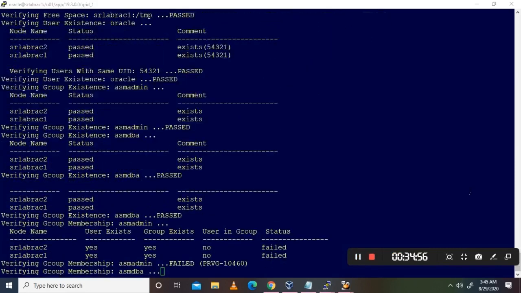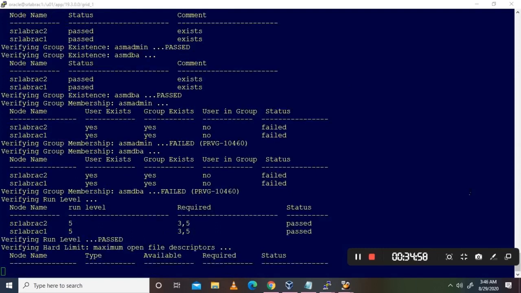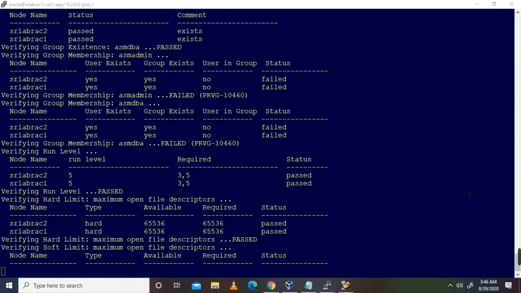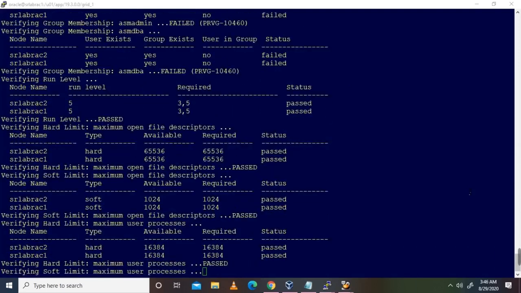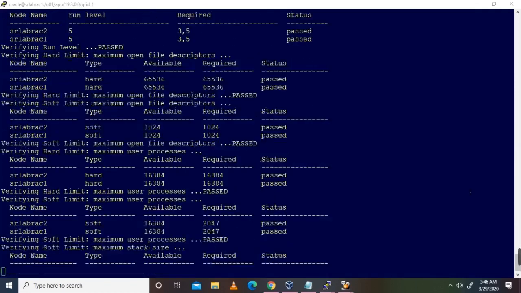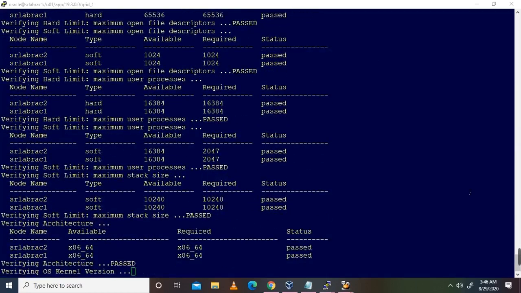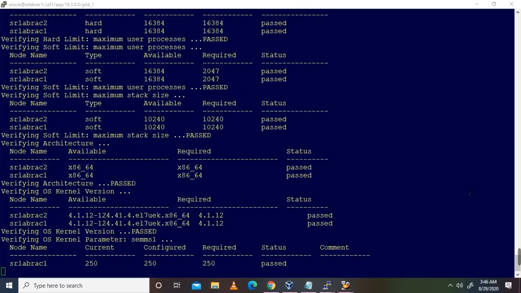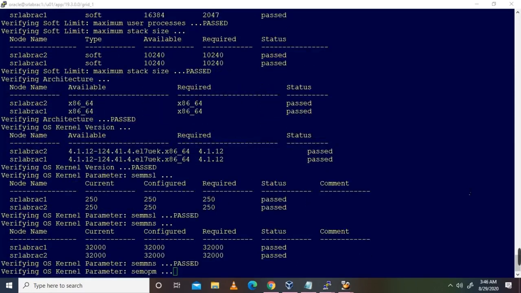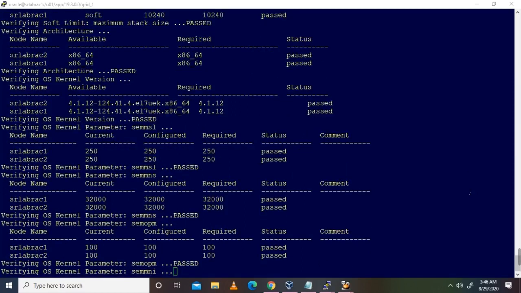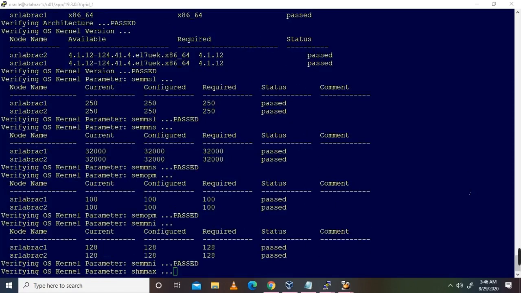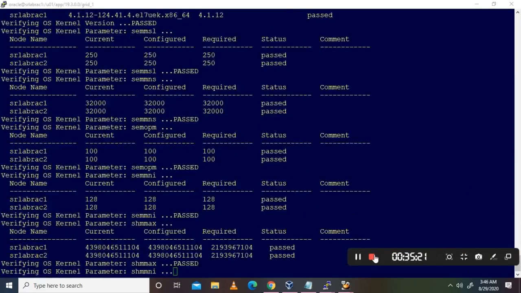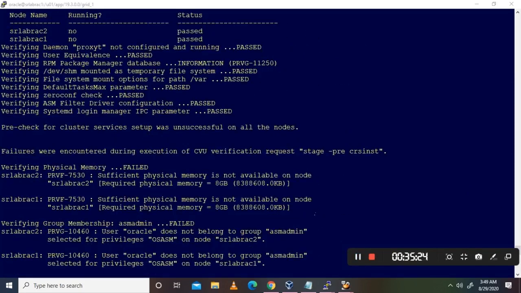So here it is running the pre-checks. The pre-checks completed across all the nodes, and as expected the pre-checks for cluster services setup were unsuccessful